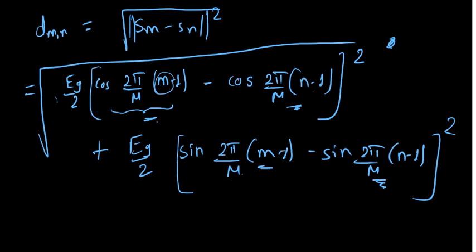So we know cos square plus sine square is 1, so we will get 1 from this 2 and 1 from this 2, and both middle terms will be there, right? I'm taking a new page. Eg by 2 is outside, everything is under root, I will write it later. We will get 1 for cos square plus sine square in terms of m, and the other for n. We will get 1 plus 1, which is nothing but 2, and both have a middle term, that is 2ab,